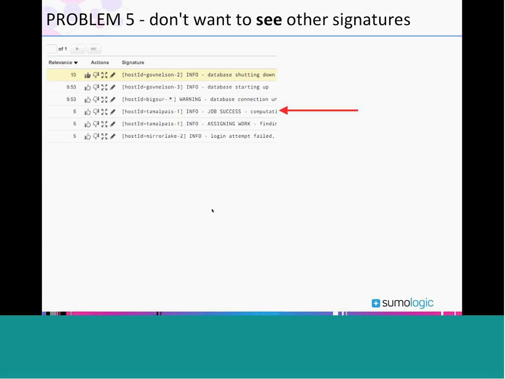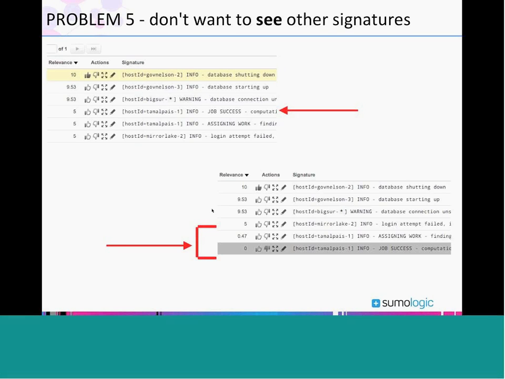So there are these logs about when compute jobs within our service are started or stopped or anything like that. I can take that log and give, obviously, the opposite feedback, thumbs down. So when you give an explicit thumbs down, just as before, it's pegged at 0 and sunk to the bottom of the list. And this is very important: we're not going to hide or discard this data, but we're just going to suppress it a little bit so it's out of your way.